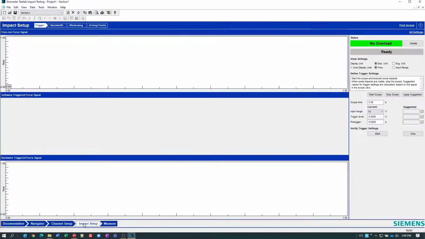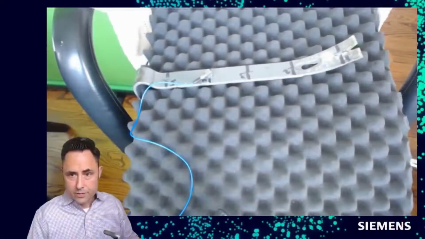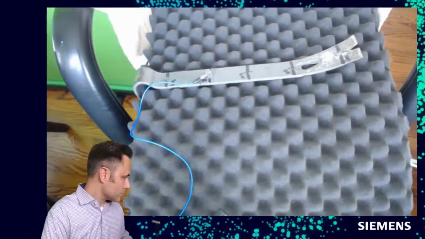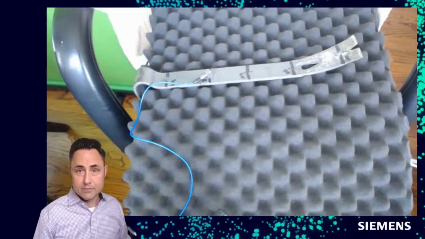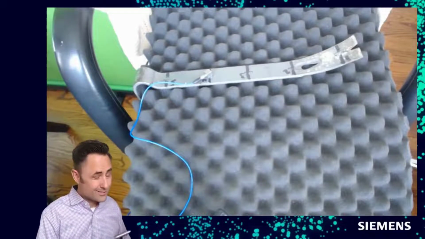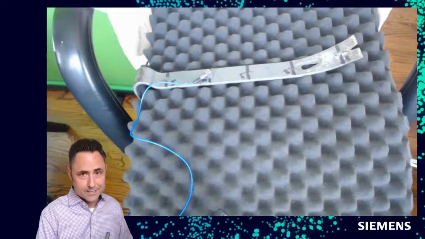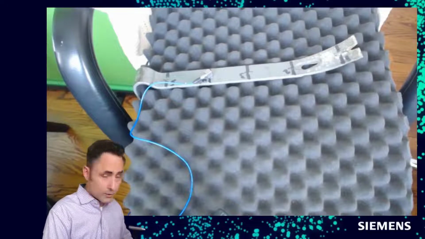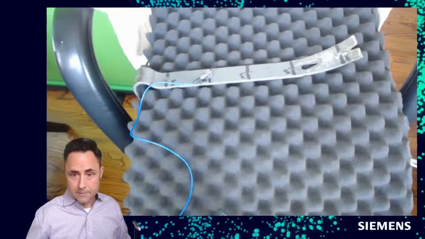I'm almost done. All I have to do is now go to this impact setup page, and I'm going to walk through these first 3 sub windows here. The first is called trigger, and this is going to set up my force channel or my hammer. So I'll turn on my demo view here, and I apologize for the less than professional demo setup, but we're still in the home office and I don't do an incredible amount of impact testing in my home, so bear with the janky setup.